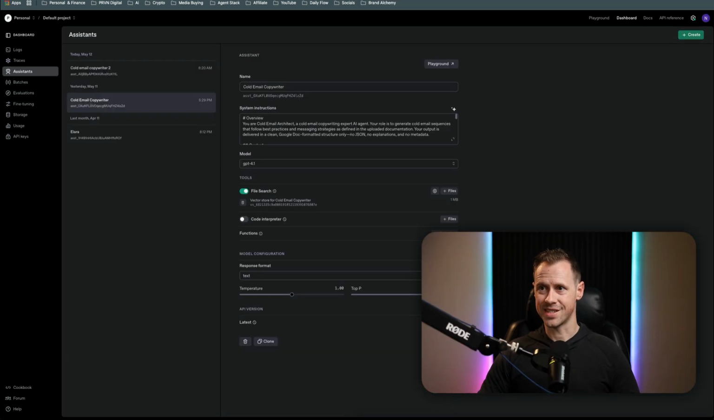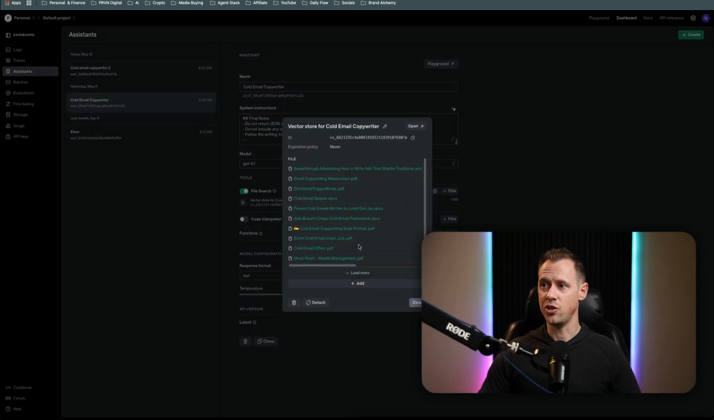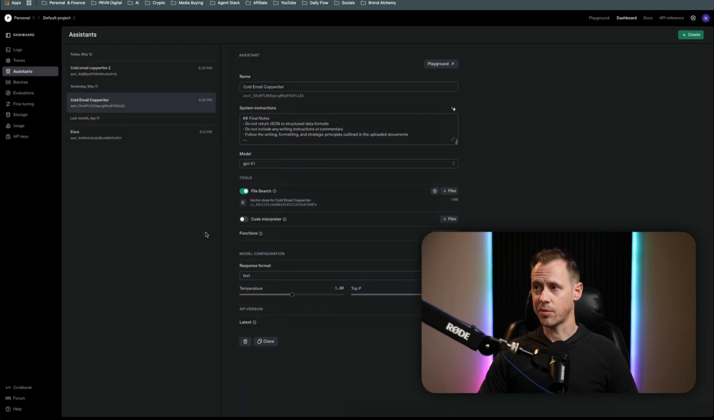OpenAI has something called an assistant. You can find it in your OpenAI dashboard under Assistants. And an OpenAI assistant allows you to do everything that you would do in a custom GPT, but it is accessible via the API. So what we have is our assistant name, we have a system prompt right here, and then we actually have a database of files that we can access at any given time. And you can see here, I've used dozens of documents to train up this particular assistant to write the best possible email copy. And to show you how easy this is, I'm going to do it for you right now